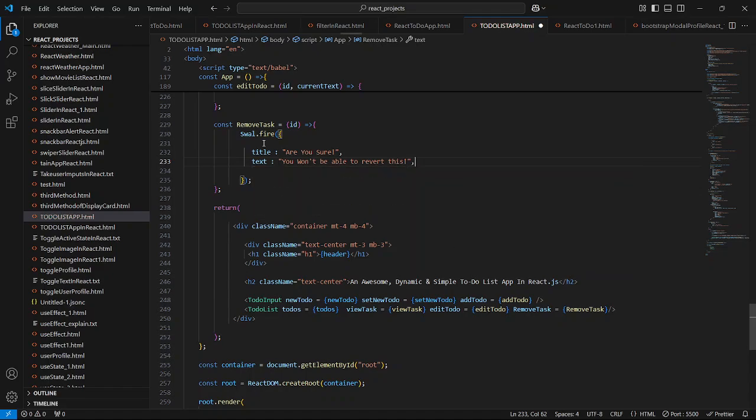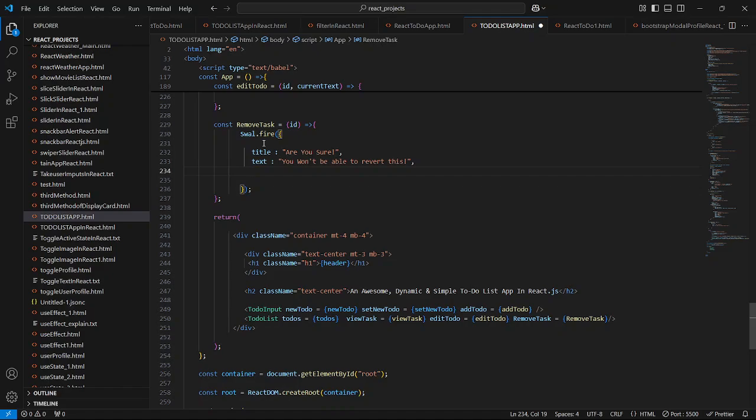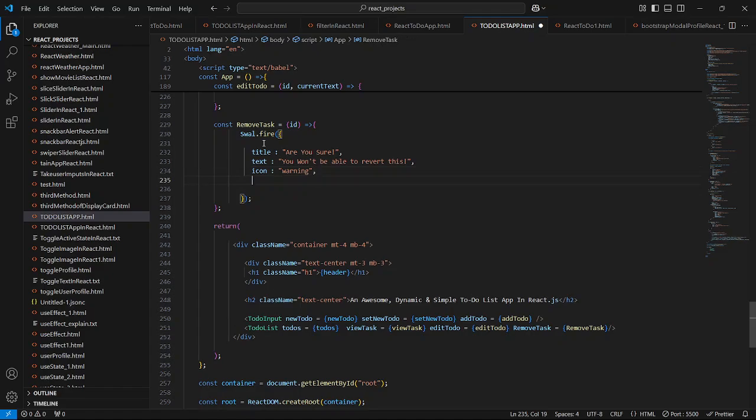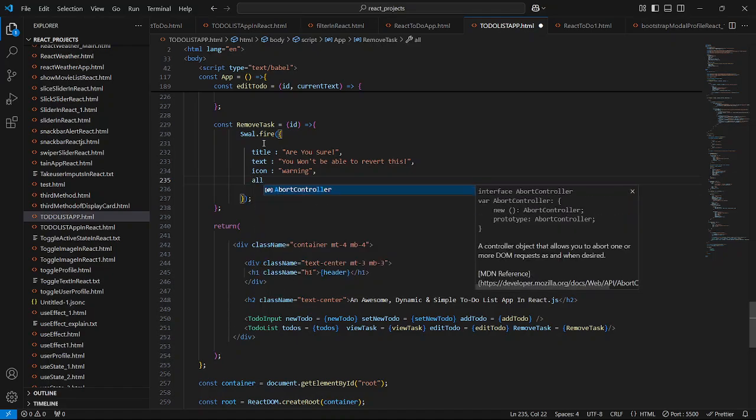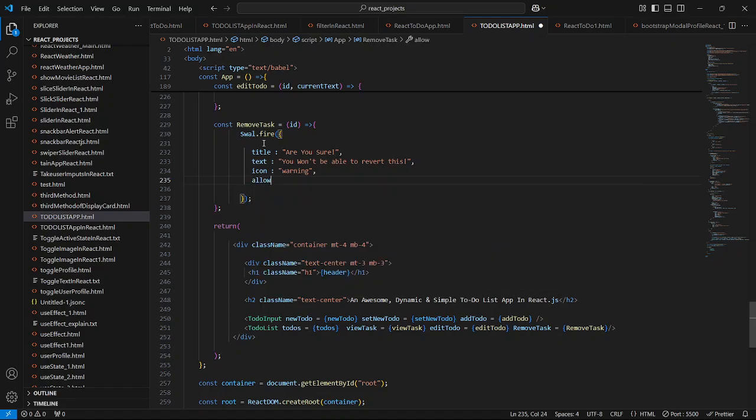Put comma, we will say here icon, I'll give here the warning icon. Put comma, I'll say here allowOutsideClick,